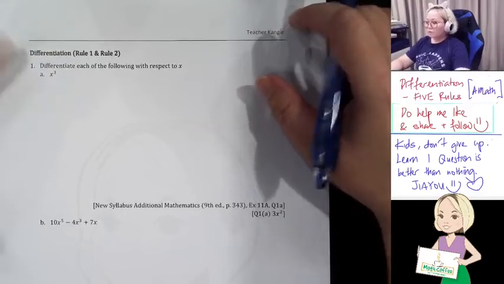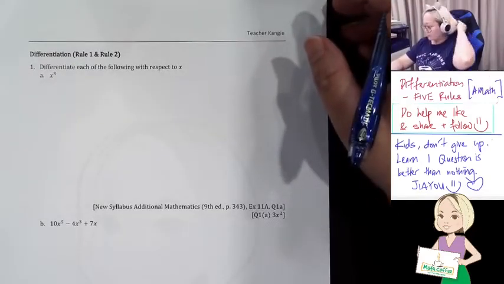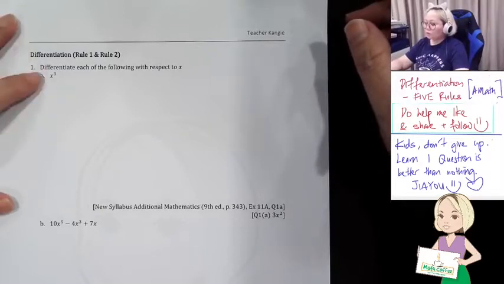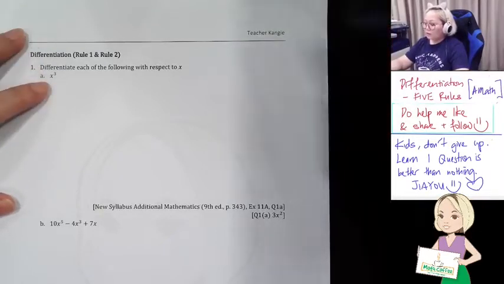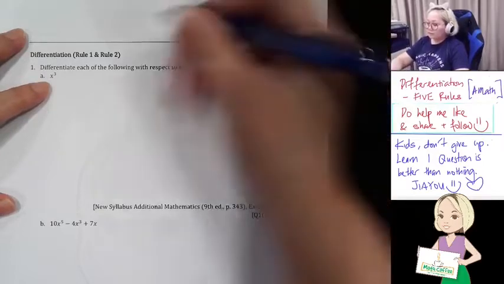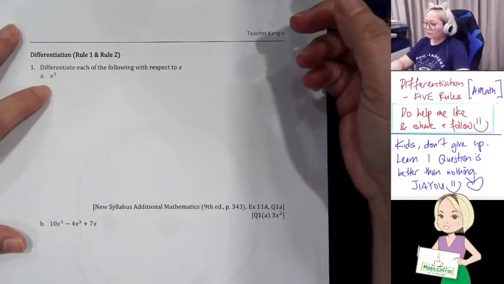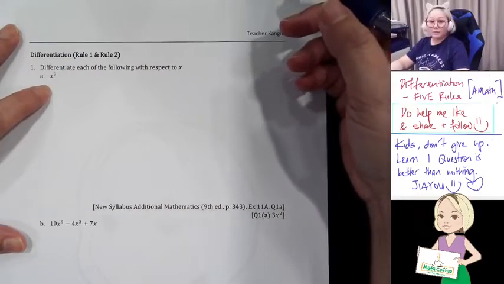Okay, so let's start. Differentiate each of the following. So we're going to talk about rule 1 and rule 2. What rule 1 means is, for example, this. First let me explain a bit about how you are going to write in terms of the